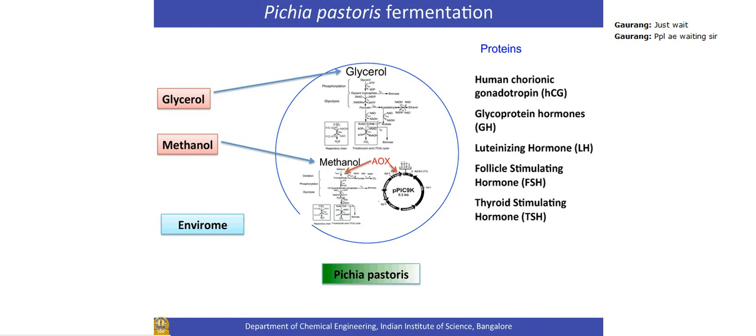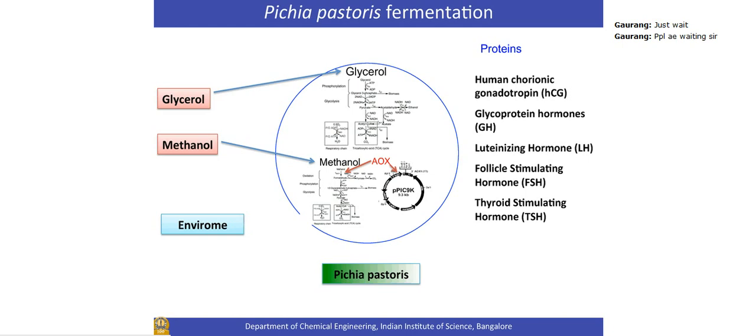This is my cell, my Pichia pastoris. It's a yeast cell, and if you provide glycerol, it utilizes that glycerol through some kind of complex network, which results in making more of these